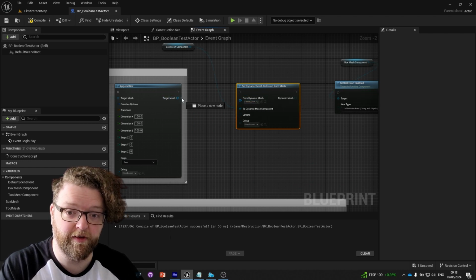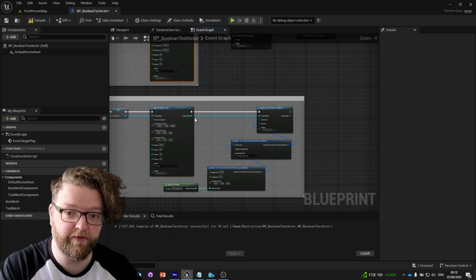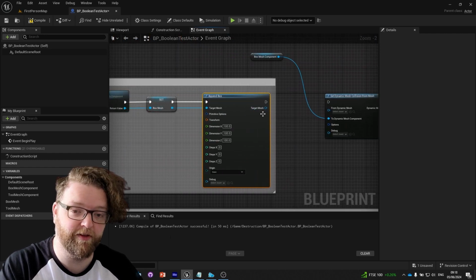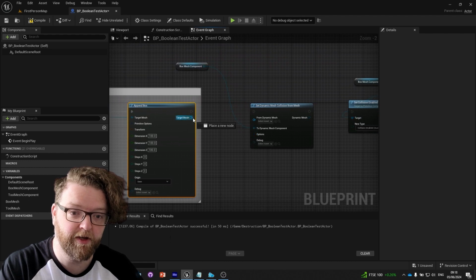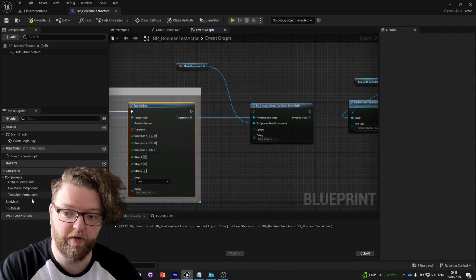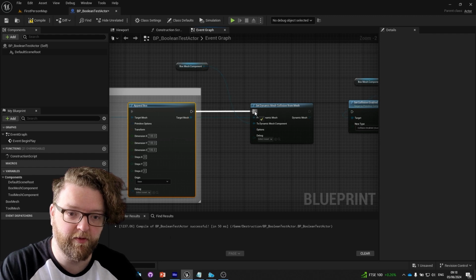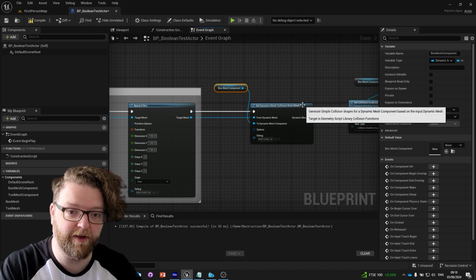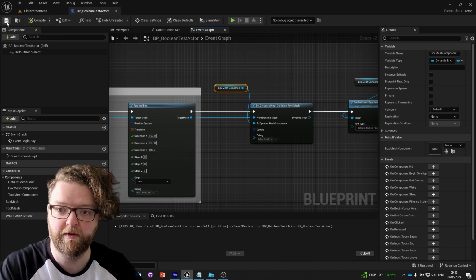Like we said before, down here with the sphere, the target mesh that comes out of here is the same as the target mesh that feeds in here, so it's the box mesh. So let's attach that. We could also take the box mesh from here and drag it in there. So we're basically telling the box mesh component, set the collision from the box mesh,